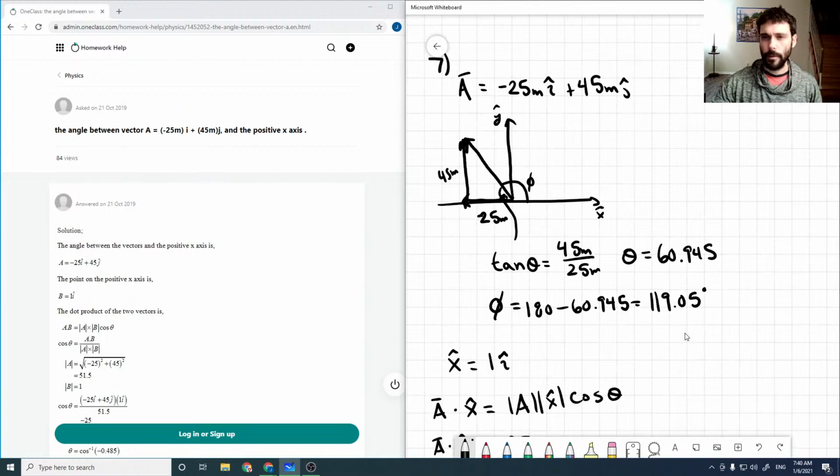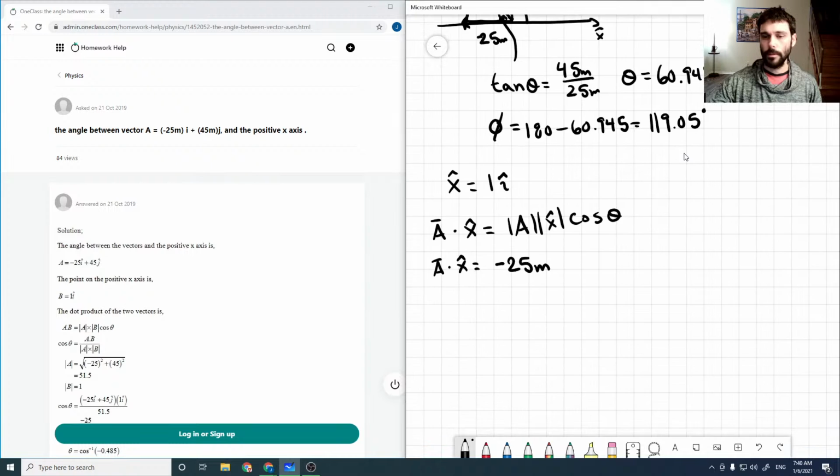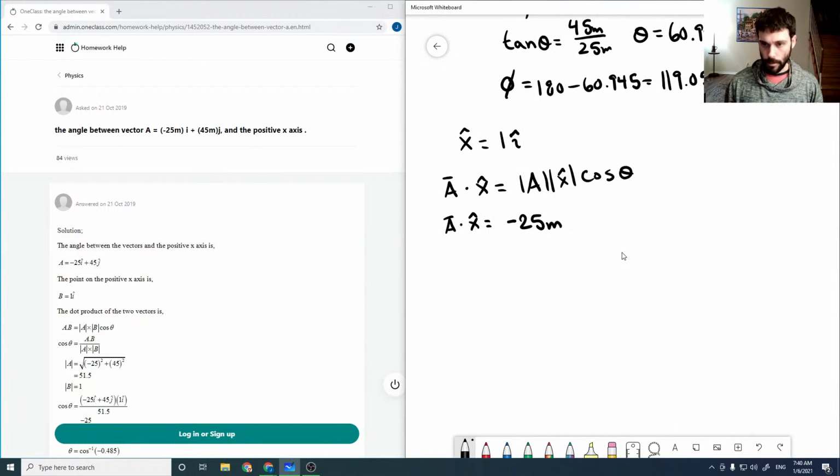That's just following from dot product. So we just take the x component. So then rearranging, putting this, and then our absolute value of A is the square root of 25 meters squared plus 45 meters squared,